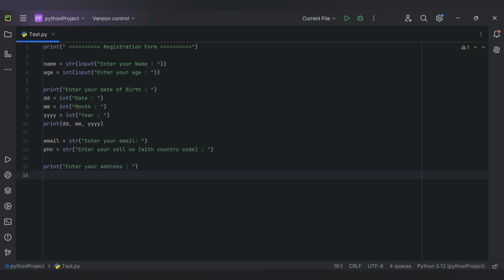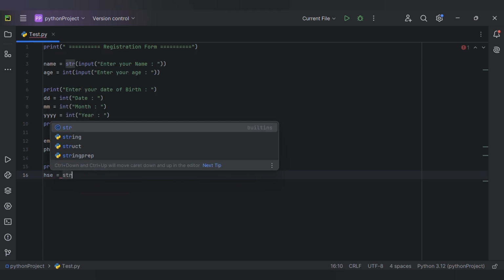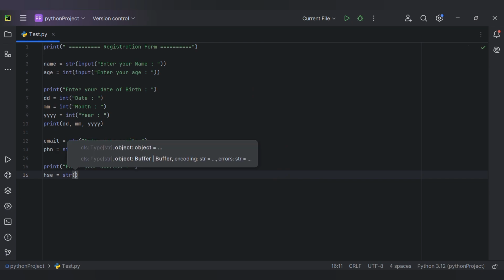And similarly, we will ask each and every piece of information individually. First of all, we're going to ask for their house number, their holding number. So let's say we'll add a variable as HSE. This will define the house number. And this will also be counted as a string, since we don't exactly need the address for any other external functions. So we're going to be adding a variable,